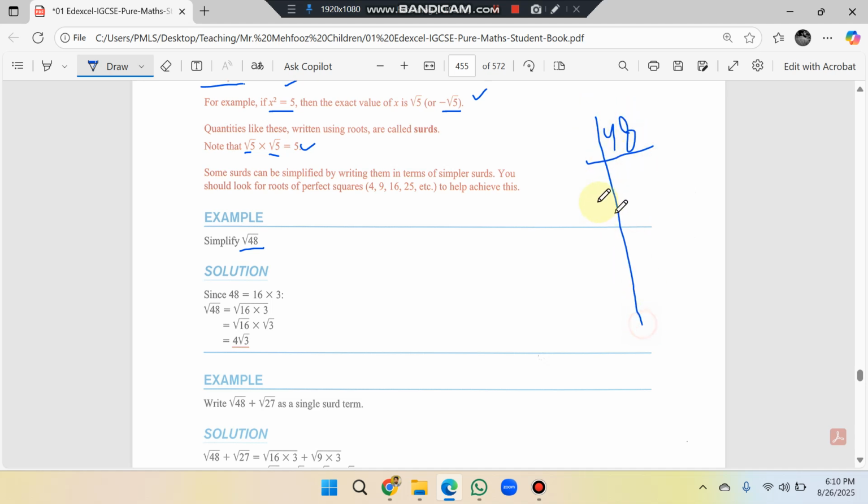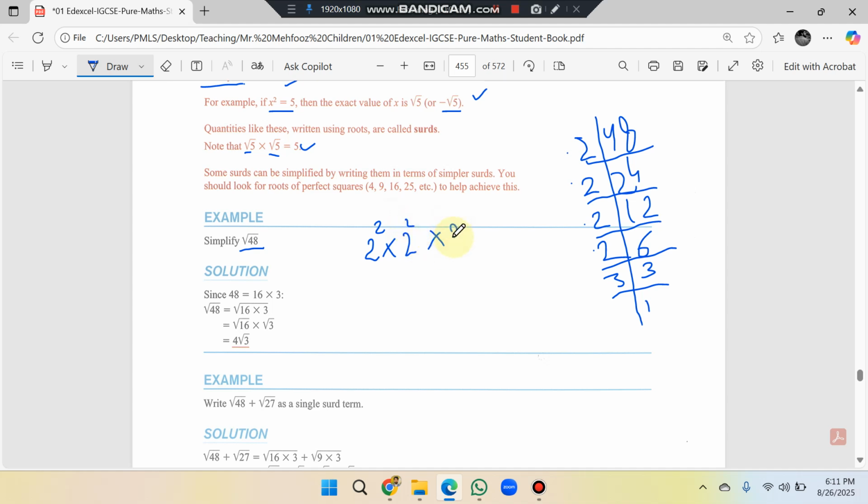find the factorization, make a factorization of 48. This factorization will be prime factorization. 24, then 12, then 6, then 3, and then 1. So we can write it as 2 raised to the power 4, which I just separate like 2 squared multiplied by 2 squared